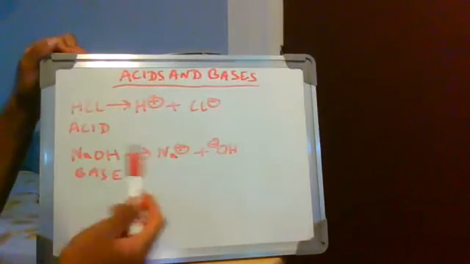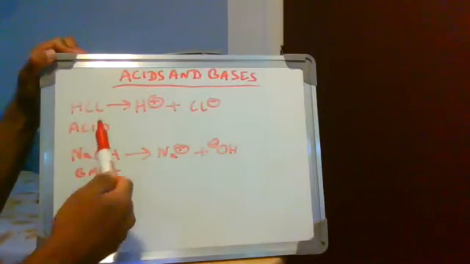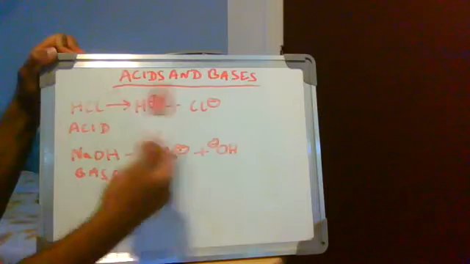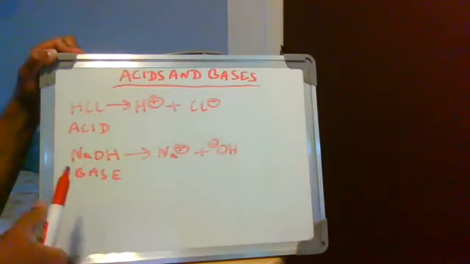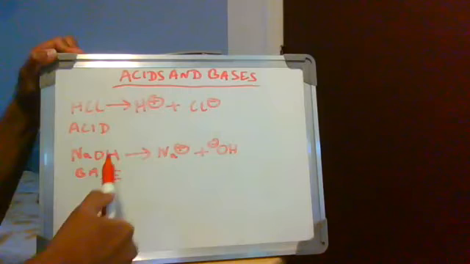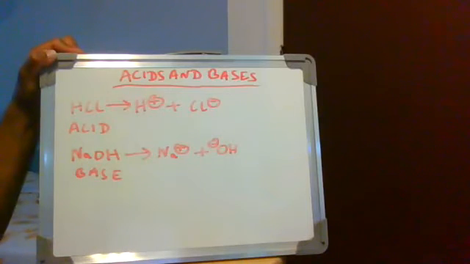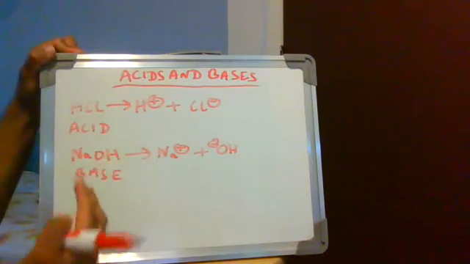Now, that's not the exhaustive definition. An acid can also be defined as something that reacts with a hydroxide ion or a base. A base correspondingly can be defined as something that reacts with a proton, so a base can be defined as a proton acceptor. We will look into more of these reactions and their definitions in later classes, but this is what we studied in the last class.